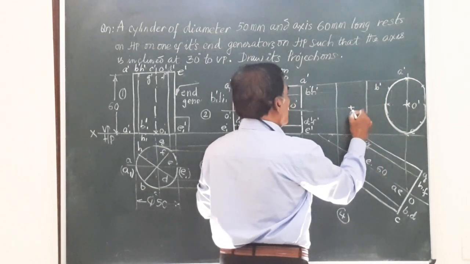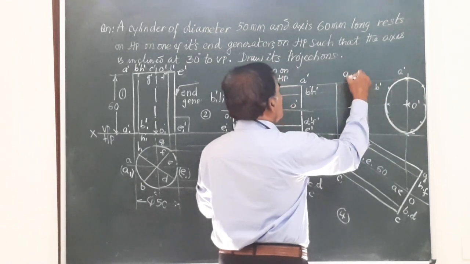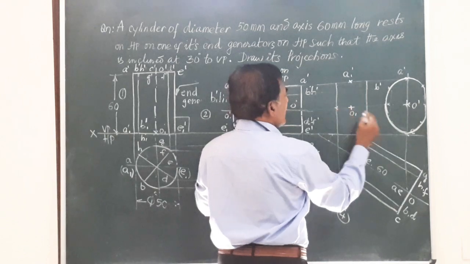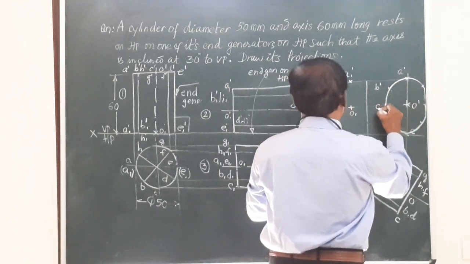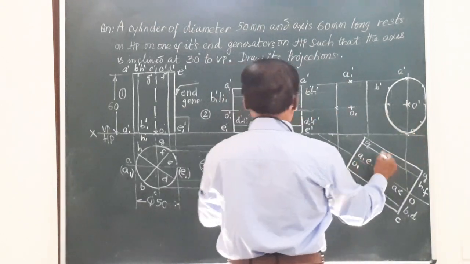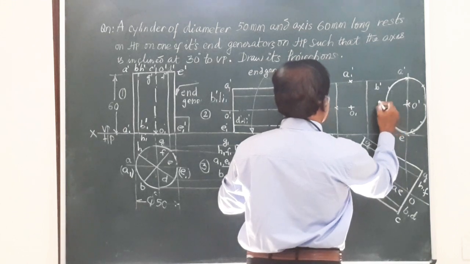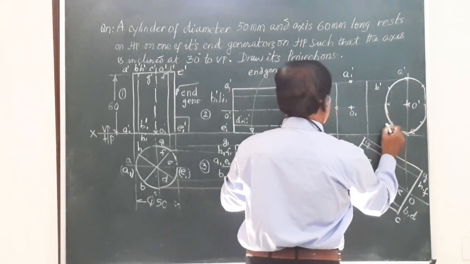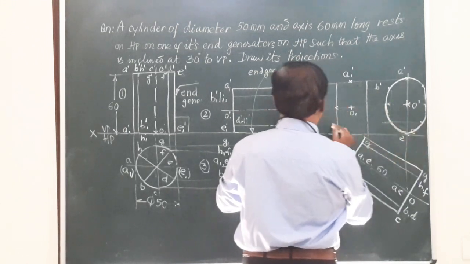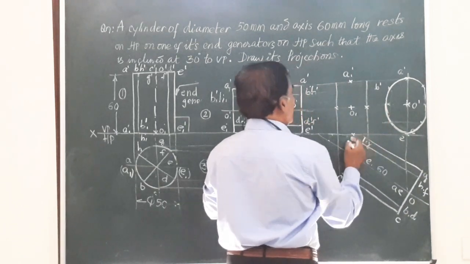Center point is O1. Topmost point here, this is A dash. This is going to be A1 dash. The last point, this is A, B, C, C dash. B. This point is E. We have got A, B, C, D, E. Yes. These points you have got here. So you will get one more such identical figure between these 4 points.